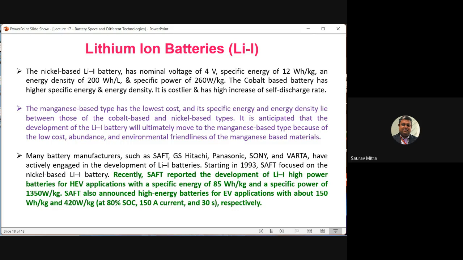Actually, I have shown you two charts initially. From there you can find out the specifications of the lithium-ion battery, the lithium polymer battery, all these things. And these two companies you should remember, Saft and Varta, their designs and other things, their products. Hitachi is also there, Saft is there, Panasonic, Sony. But all these companies they are talking about are from the 90s up to 2000. Lately, many more companies have come because a lot of EV things have come. So you should be careful, and you should find some new companies which are actually in the market, which are generating batteries.